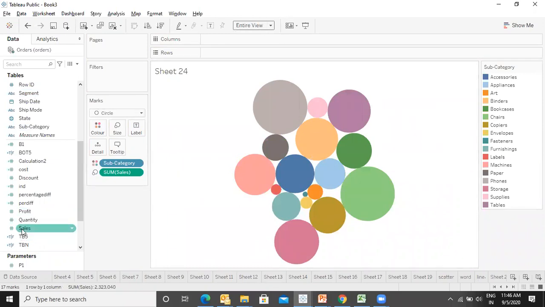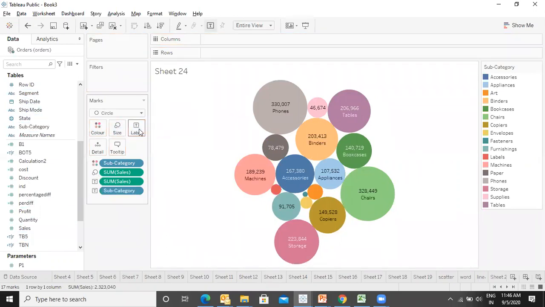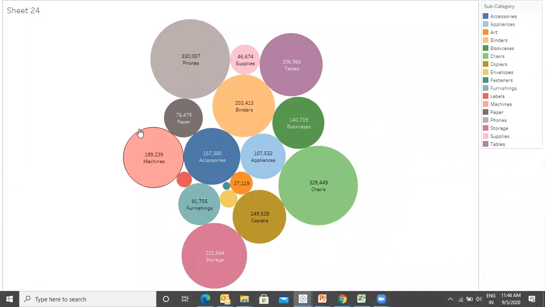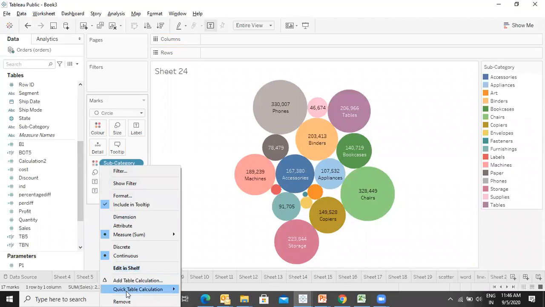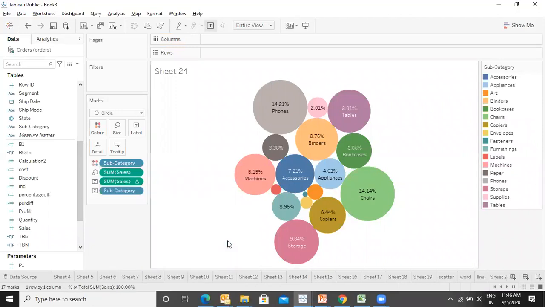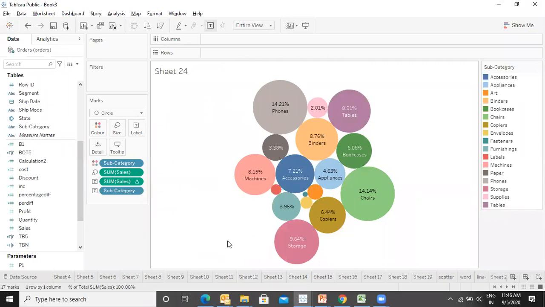Let's put the sales in the label, and let me put the subcategory also in the label. This is how it is appearing, right? And instead of this, it will be better if we say quick table calculation, percentage of total. So this is the bubble chart. Let's proceed.